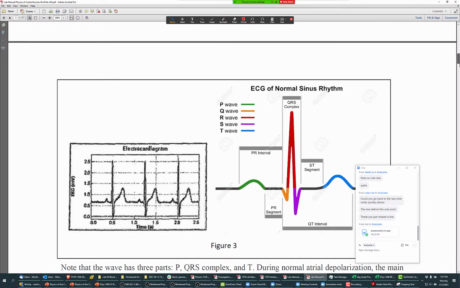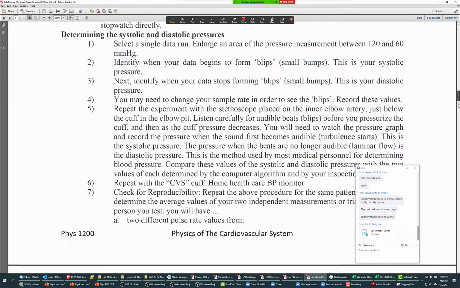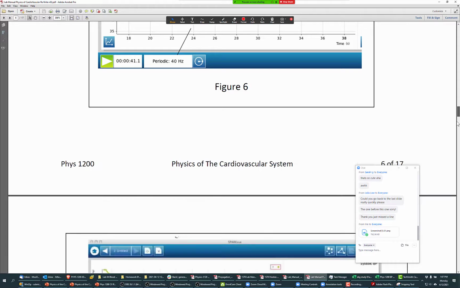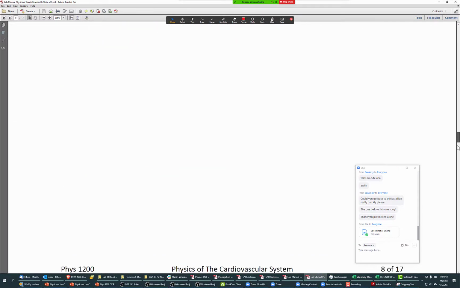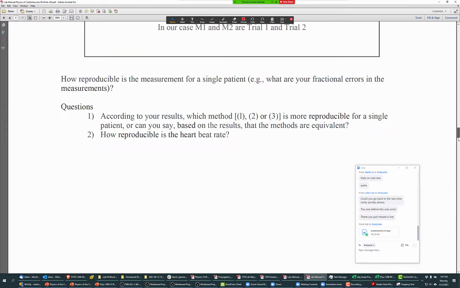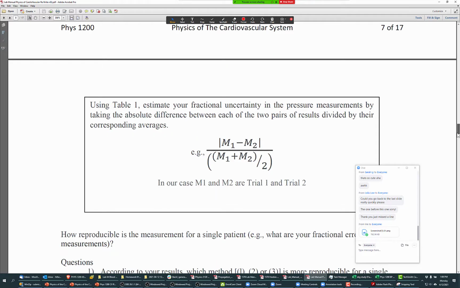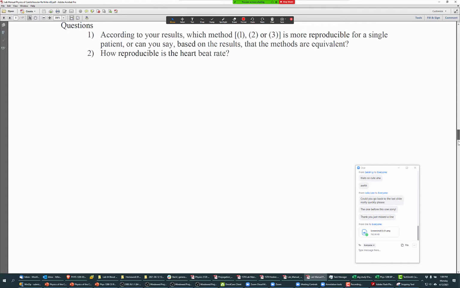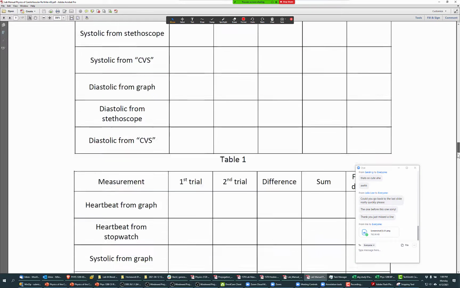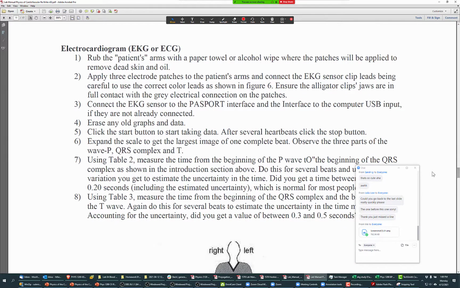There's a few questions here. You're not doing this. This is all for the blood pressure. Not using these. You're not using those tables, but